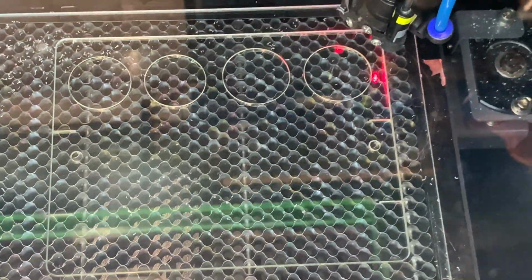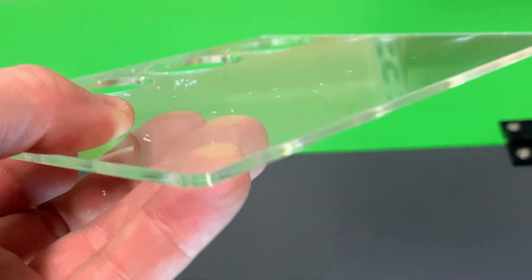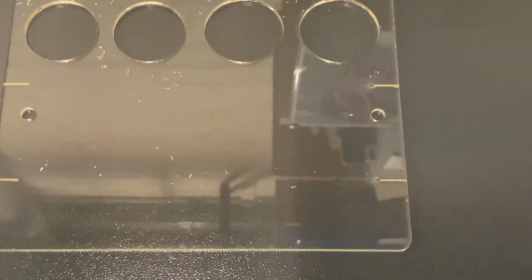Okay, so that's cut that out relatively quickly. So we'll have a little look inside and see what it looks like. And then you can see that it comes away quite nicely from the design itself. So you can see that has been cut out nicely, but also look at the quality of the edges and how that has been finished. So that is like highly polished. And there's a design that has simply just been cut out. So from here